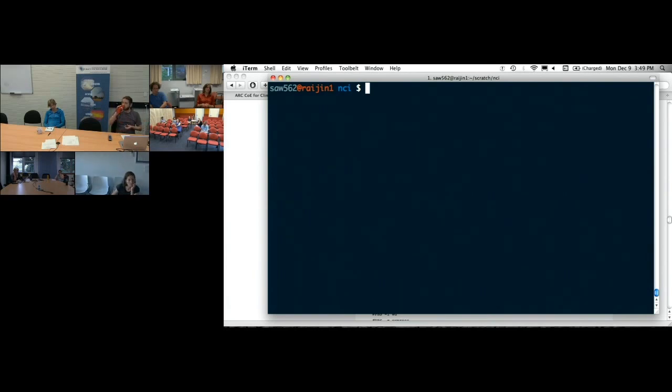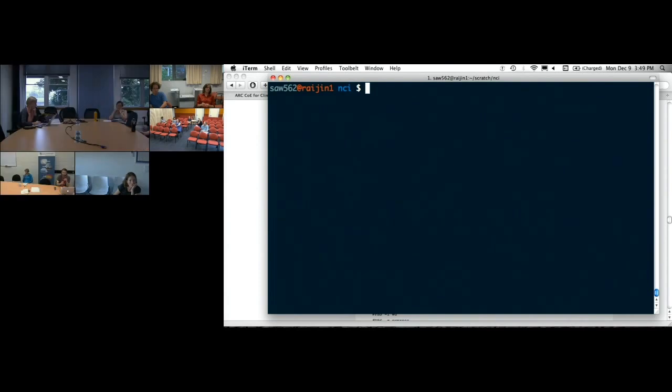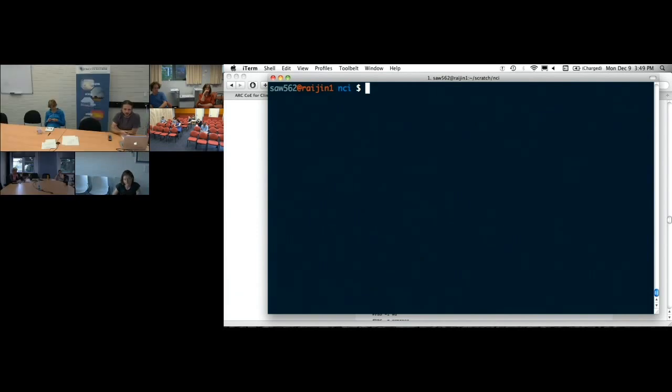One thing, copy queue to my knowledge is the only queue that actually has access to the network outside. So if you have any wget commands in your script or anything, it needs to be in the copy queue or it won't execute. Absolutely. It will fail. All of the other nodes can't actually see outside of NCI, so you're restricted to copy queue if you're going to be moving stuff. We will be going on to the data mover nodes shortly, hopefully, and they're another way you can copy data in or out of NCI.